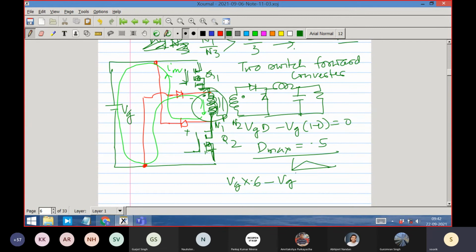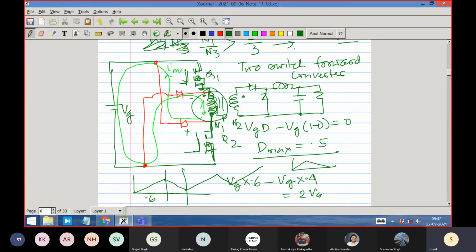But let us say you have used 0.6 into this, and into 0.4. So is it 0? No, it is equal to 0.2 Vg. What does it mean? The magnetizing current, initially let us say 0, goes up with Vg slope, so it has gone 0.6 like this. Then its slope is unchanged because the off-time slope is also Vg numerically. But the time is less, so it doesn't get the time to come back. The slope is the same and negative, so it just comes down. Next cycle, it will build up again and again.